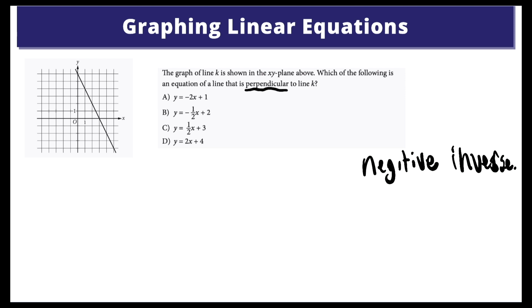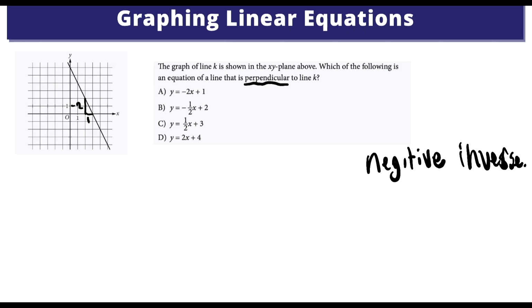First, we need to find the slope of this equation. Slope is rise over run, so let's do it. It goes down 2, right? And moves to the side 1. So we get a slope of -2. X here to the y. This is the equation. Now when solving for negative inverses, I like to flip the x here,